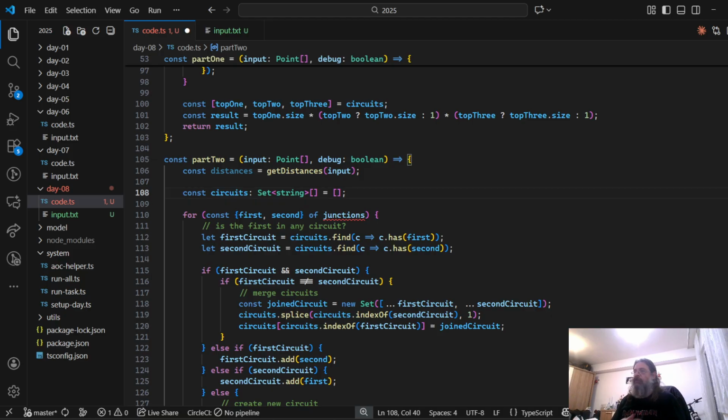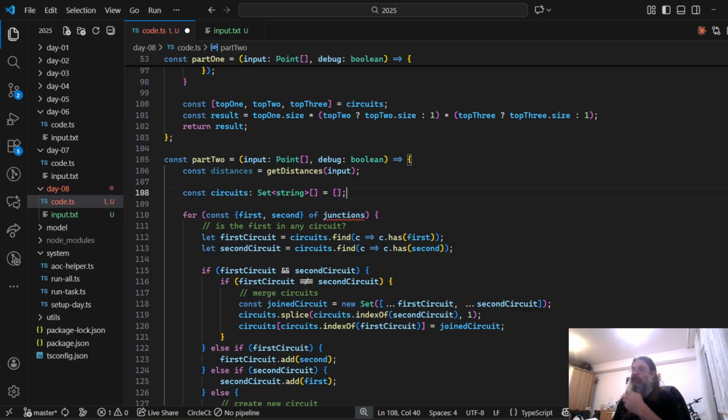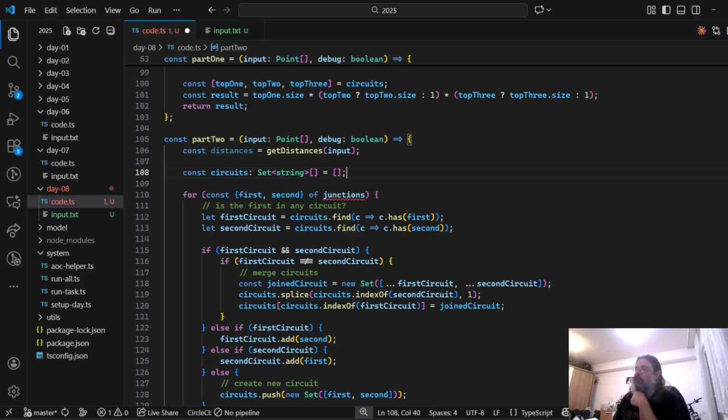We have our circuits, and now we're gonna go through all of our inputs and generate a circuit for that. Because I cannot say right now, run until you get one single circuit, because the first time I go through this loop, it will generate the first one. And it will say, oh, I'm done. What we can do,